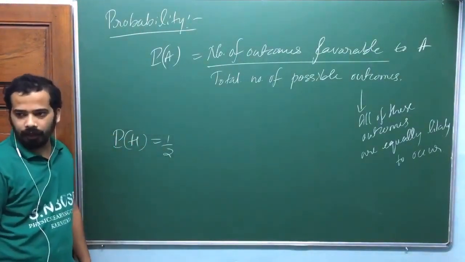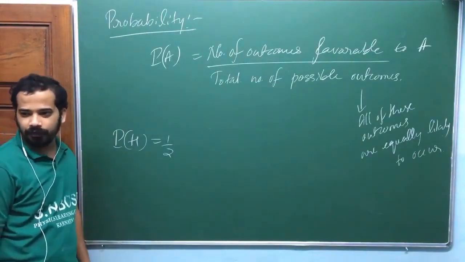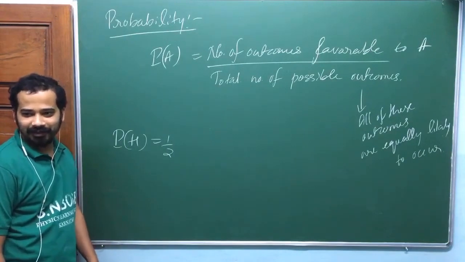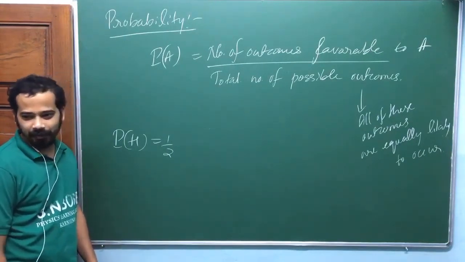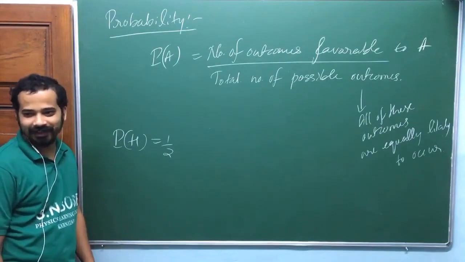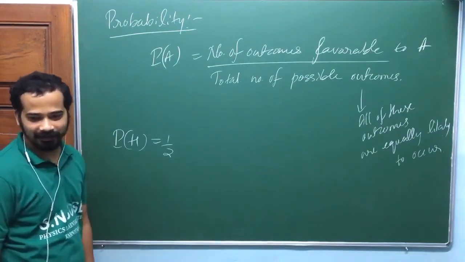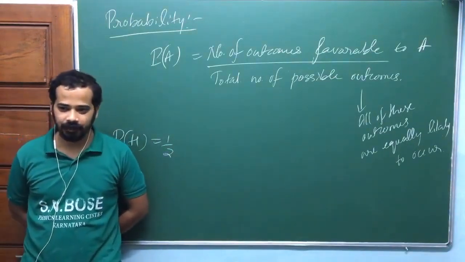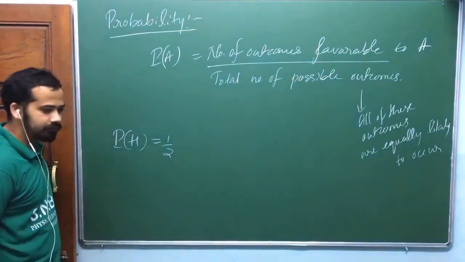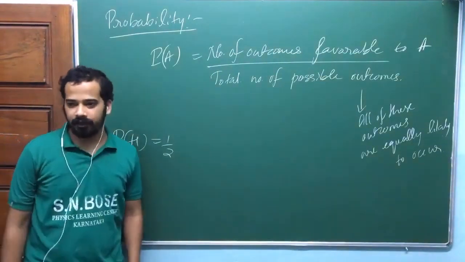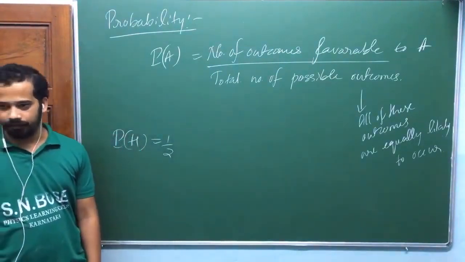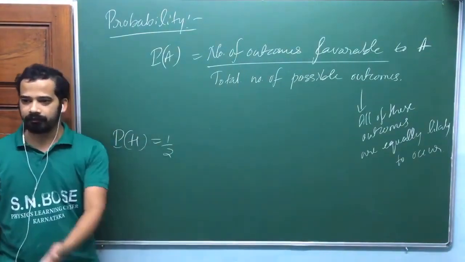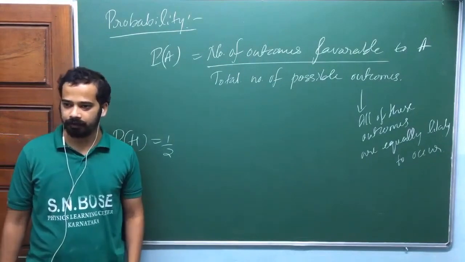Suppose you toss a coin twice and both times you got head, then I will say, just like in that Amitabh Bachchan movie, you have a coin with both sides head, the probability of getting head is 100%. But you had an ordinary coin, okay? Then speak up. Increasing the number of trials, isn't it? To show this probability, you should have infinitely many trials. Am I right? We have seen that even in the case of quantum mechanics, isn't it?